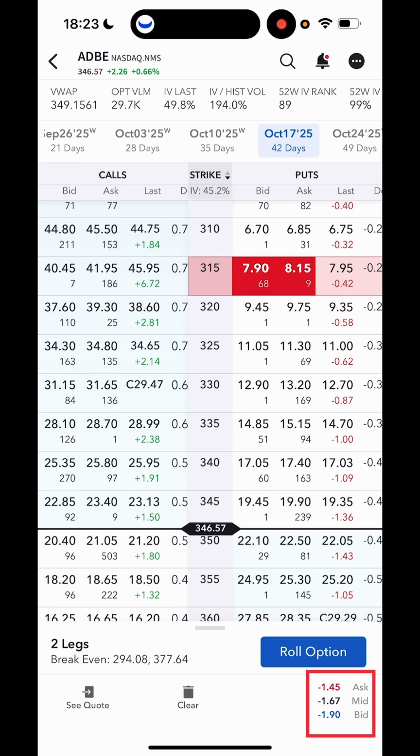Now, if you think about what we're doing here, we are getting paid money, i.e. through a net credit, to actually take risk off the table by not only giving ourselves more time to be right for Adobe to stay above 315, but also buying ourselves $5 extra, and we're going to get paid to lower our strike by $5 extra. And that's the flexibility of options and the flexibility of naked options, of why I love options so much,